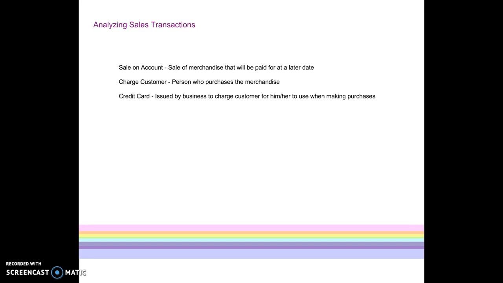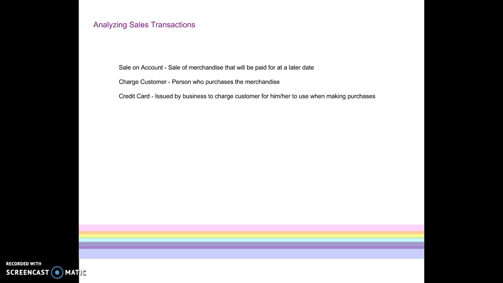A sale on account is a sale of merchandise that will be paid at a later date. We've already talked about this. And when we have a sale on account, in this situation, it is part of our accounts receivable. Charge customer. This is the person who purchases the merchandise. So who is the customer that is purchasing these things? That's the customer whose account is going to be considered an account receivable that we will collect at a later